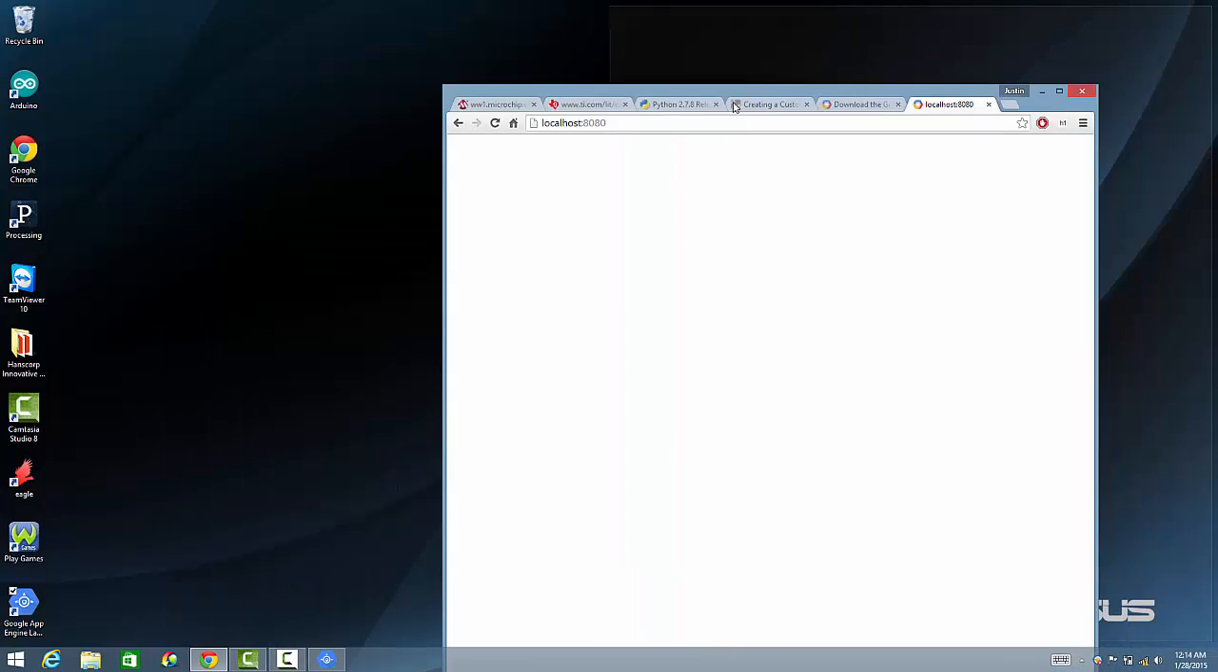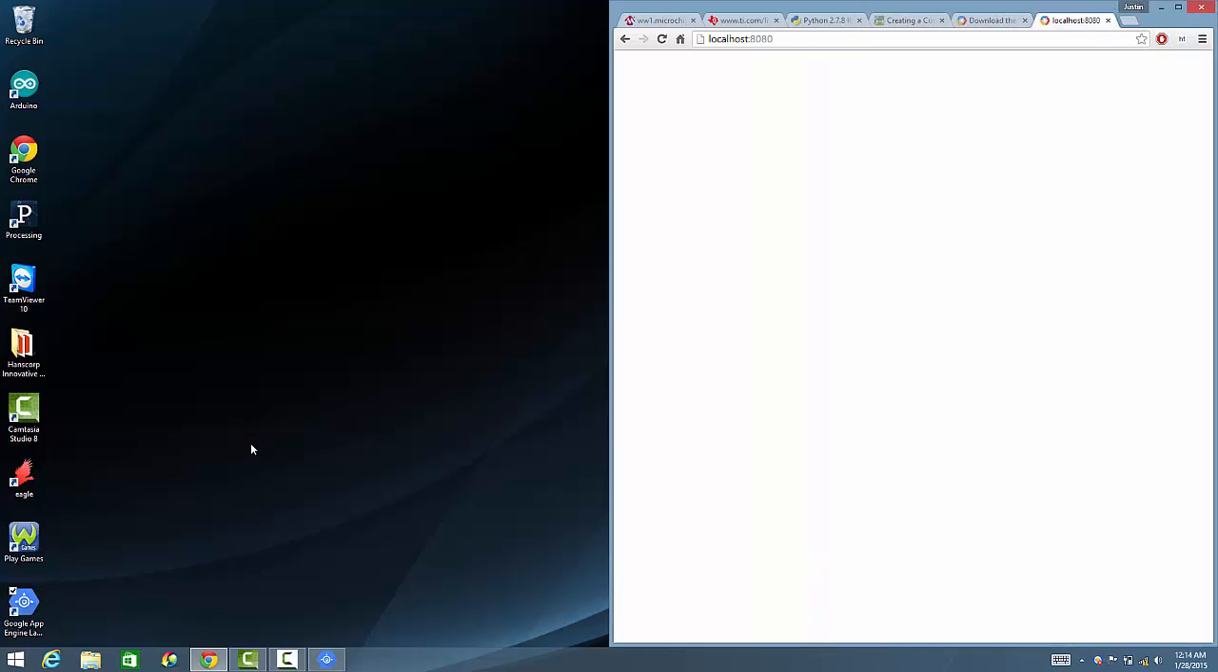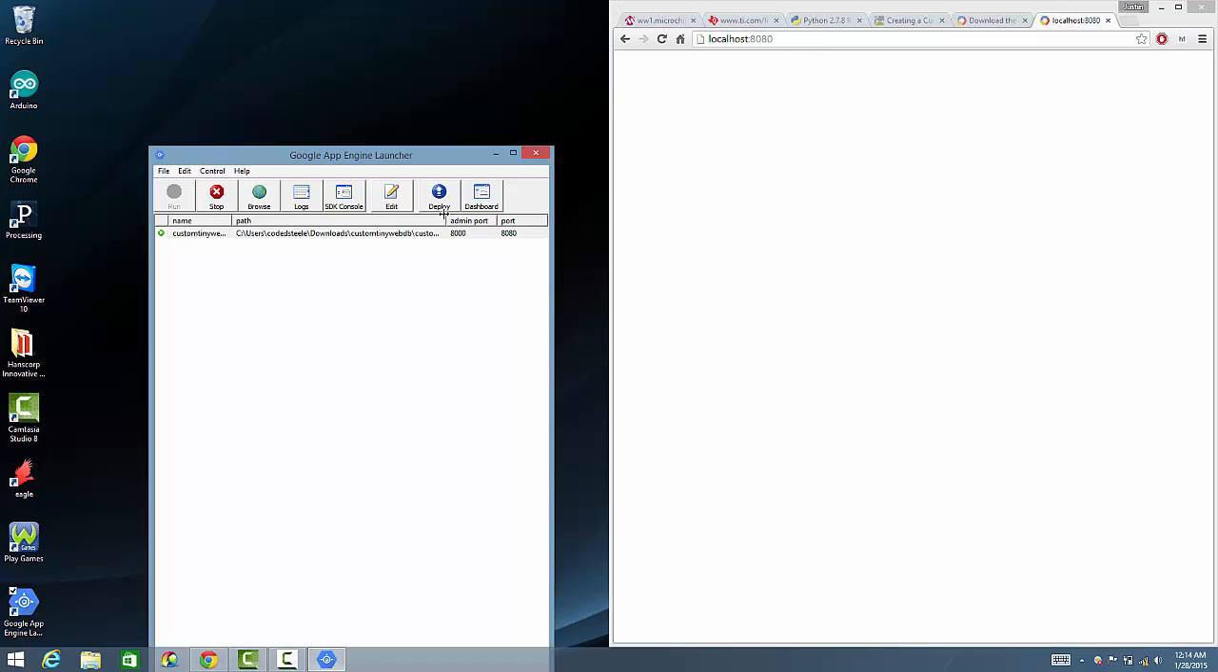This is actually a good thing that it's taking me to a blank page. And the reason why is because this blank page here is our application. I know it doesn't seem like much, but trust me, in a second here, it's going to be pretty awesome. If I click the stop button here